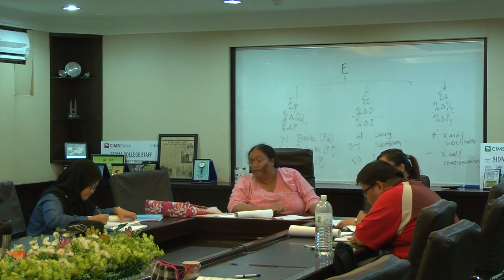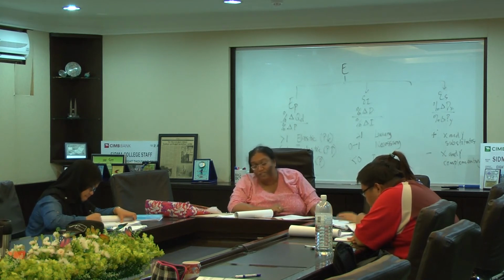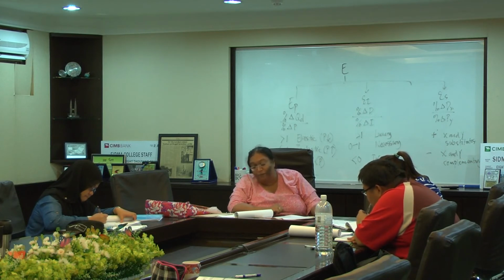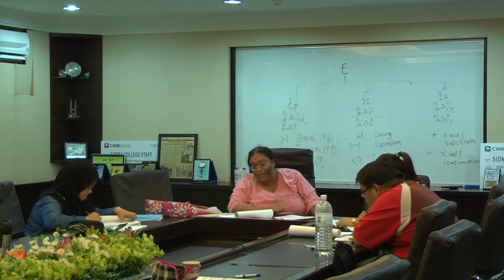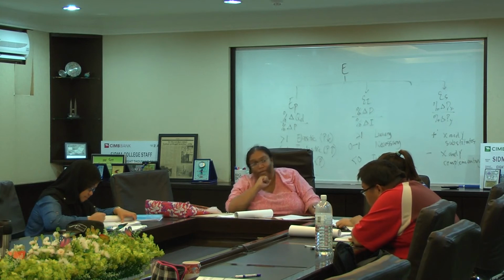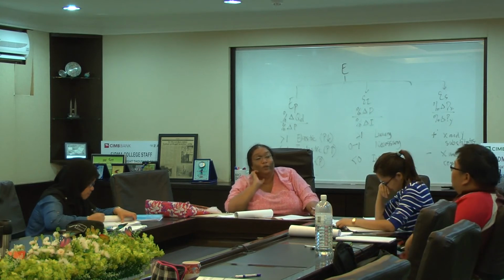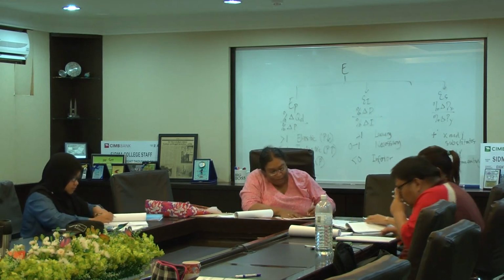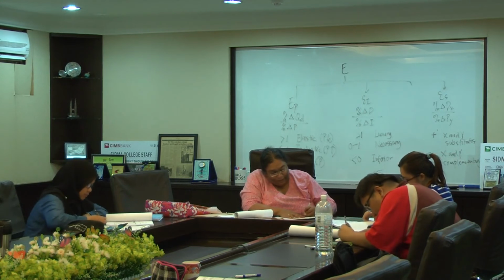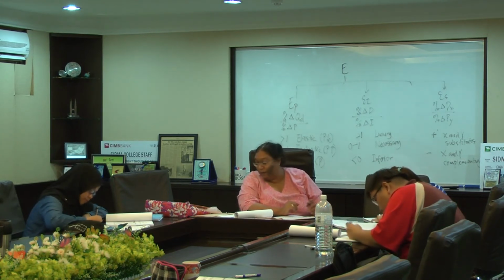Can follow? If there is an increase in the price of substitutes for the local market, explain the changes in the demand for the local meat. What do you do? If there is an increase in the price of substitute for this product, so first what you must do? You must draw a demand and supply curve. Draw now. You know the one that we did last week? Demand and supply curve.